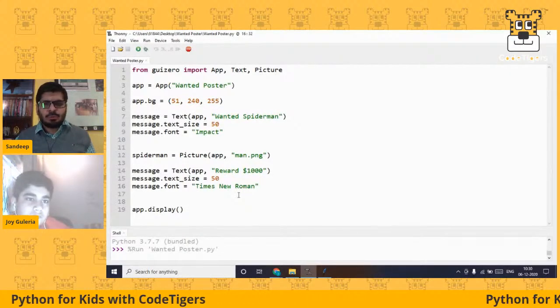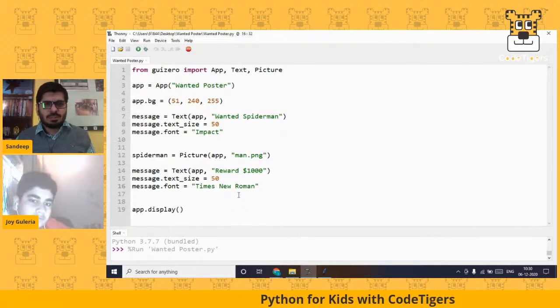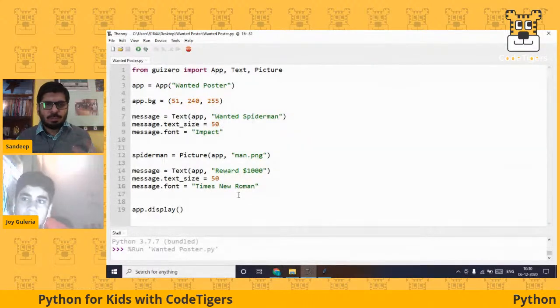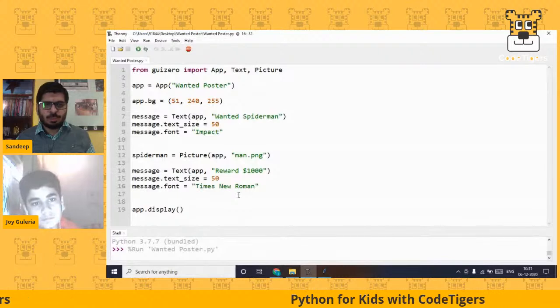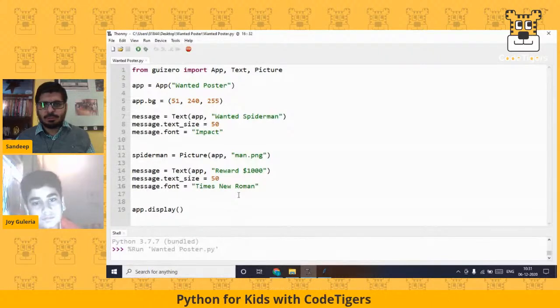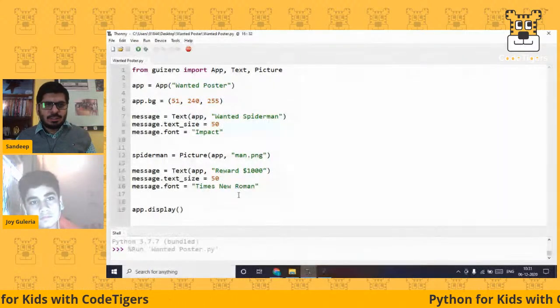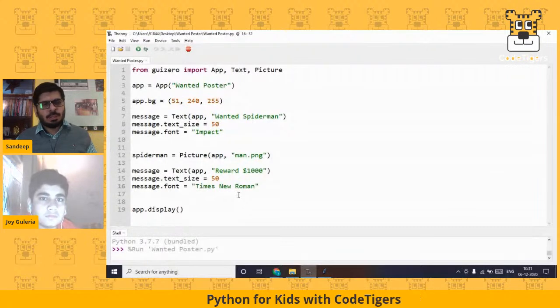So to start with, you should look for a high definition image with really good clarity, and then you can play around with it. You can use that image. So that is one suggestion. Apart from that, Joy, I think in addition to a PNG image, you can also use a GIF in making